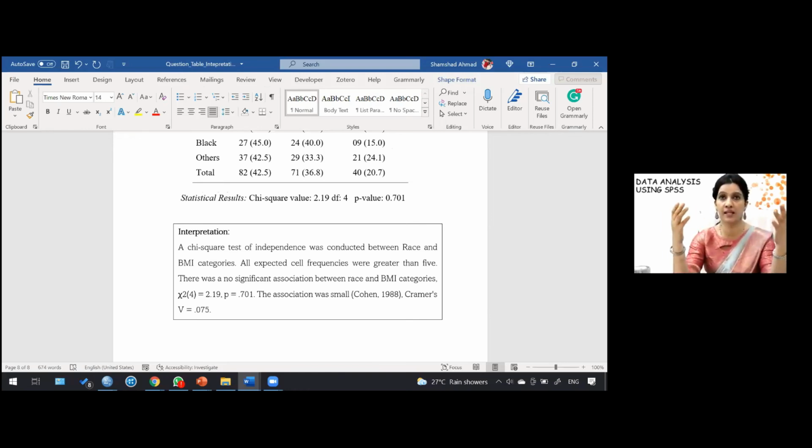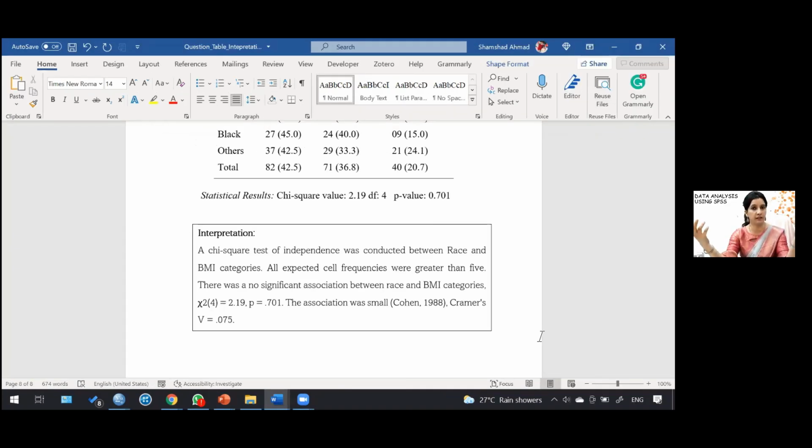Like in this case, if the sample size, and that happens with the less sample size. If you have a sample size of 40, 50, 30, and if you are making 3 by 3 table, definitely there is going to be few cells which will have an expected count less than 5. So in that case, you can club the category and then reapply the chi-square test. That is recommended, because then you will have a better interpretation of your result and data.